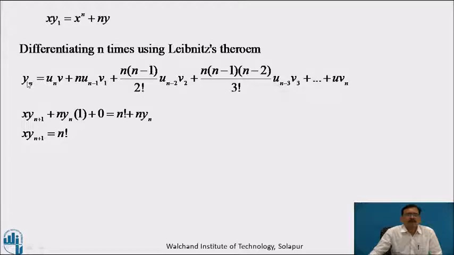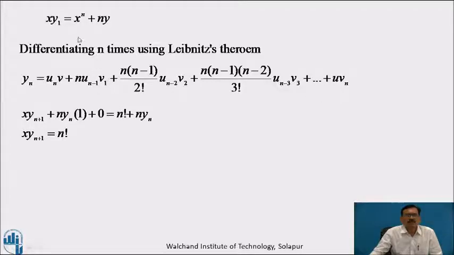Now applying Leibniz theorem to this expression term by term, here we can take u as y suffix 1, the nth derivative of y1 is y suffix n plus 1, and v as it is, x, plus n into n minus 1, u suffix n minus 1 means y n plus 1 minus 1, that is y suffix n, and the first derivative of x is 1. Next, the second derivative of x will become 0, therefore only this completes the nth derivative of x y1, which is equal to the nth derivative of x raised to n, which is n factorial.